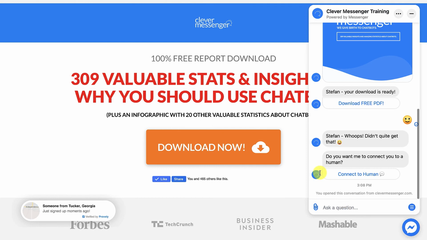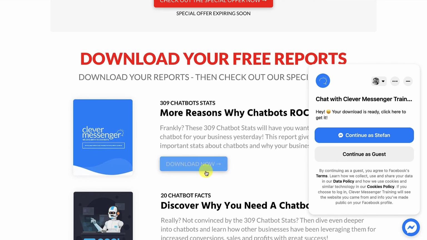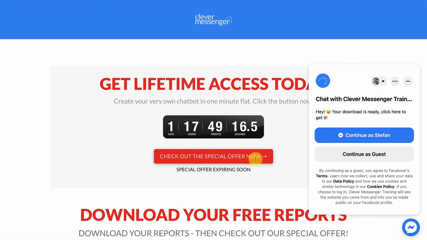Now what's cool is that we also have this set up in this widget right here. And they can actually use this widget as well to get to their downloads. For example, they don't necessarily have to click on their download now buttons right here, but they can also continue as themselves right here from this page and automatically get those lead magnets inside this conversation right here in the customer chat widget. Again, a very, very cool and lucrative way to add a customer chat widget to your pages